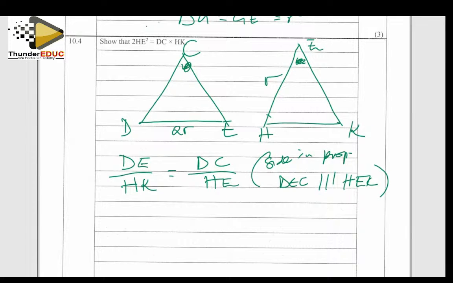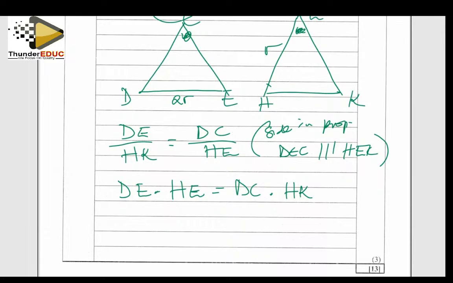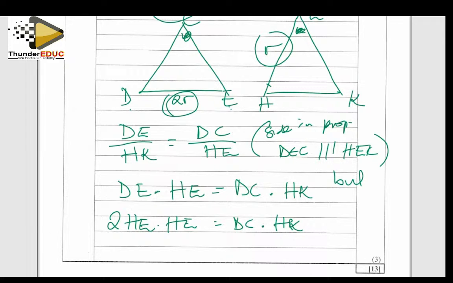If we do the cross multiplication, we have DE multiplied by HE is equal to DC multiplied by HK. So we have the DC and HK. But we know that DE is twice of R, and R is the HE. So we're going to have twice of HE times HE should give us DC multiplied by HK. Okay, remember we said that